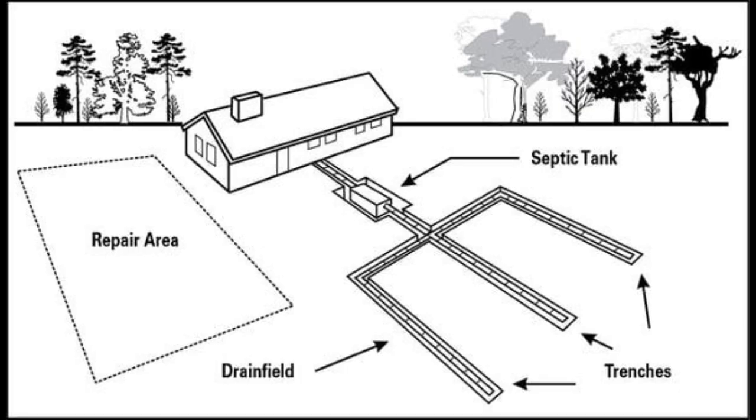The OSST system is an effective decentralized wastewater treatment method tailored for rural or remote properties. Its success hinges on proper site selection, regulatory compliance, careful installation, and regular maintenance. When well managed, it safeguards water quality and the environment while offering a practical alternative to a centralized sewer system.